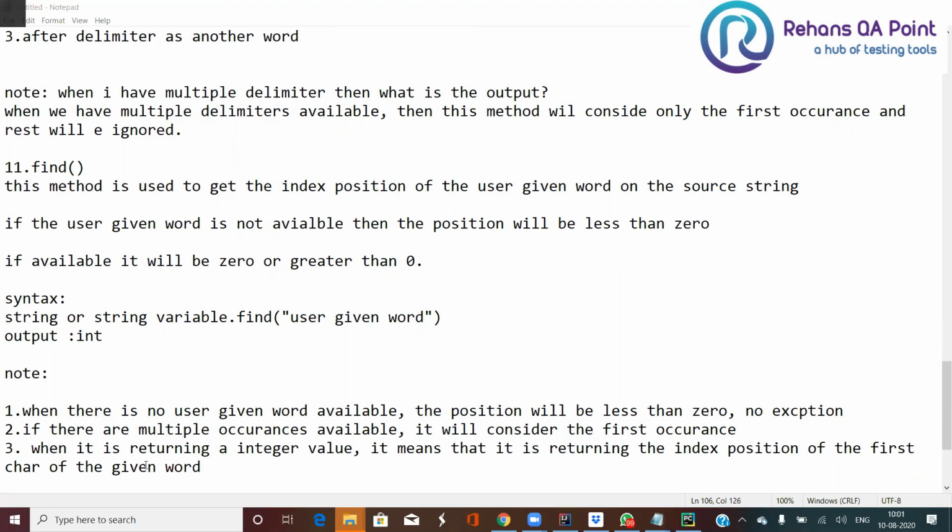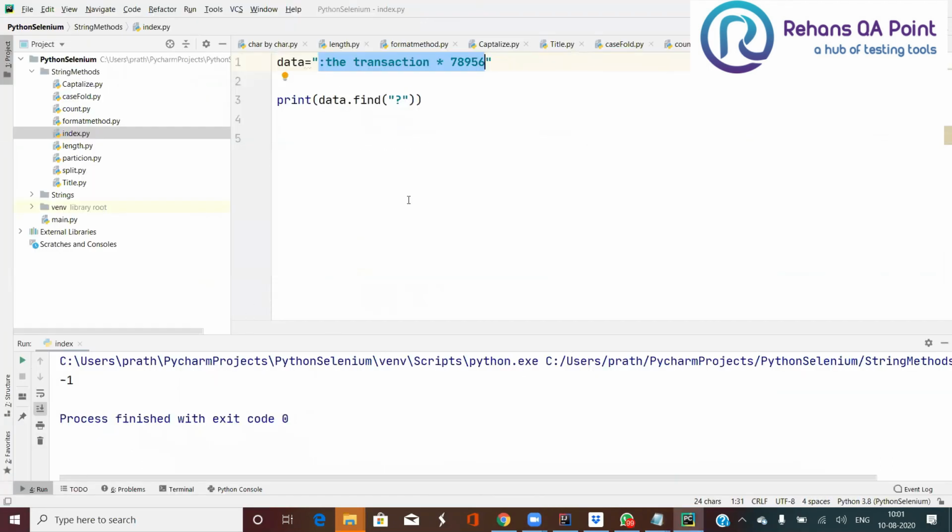For example, let me take the string "India is a great country." Now I want to find the word called great in my source string. If I run this, it is going to give me the position number as 9. So 9 is going to be the position of this G, not this entire word great.